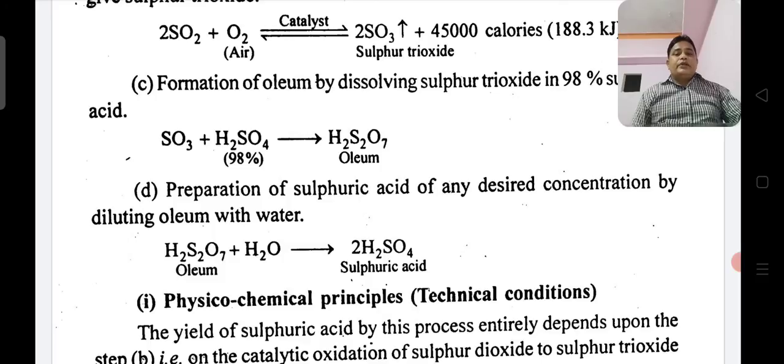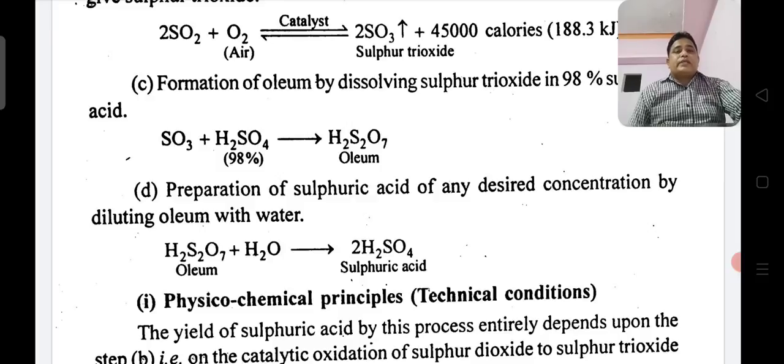So here, during the manufacture of sulfuric acid by the contact process, from among the above four steps, the second step, that is the conversion of SO2 to SO3, or the catalytic oxidation of sulfur dioxide to sulfur trioxide by atmospheric oxygen, is the most important step in the manufacture of sulfuric acid